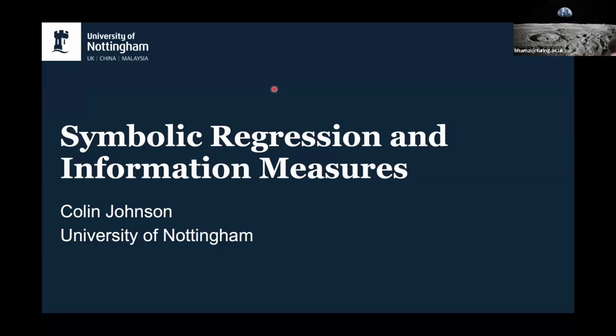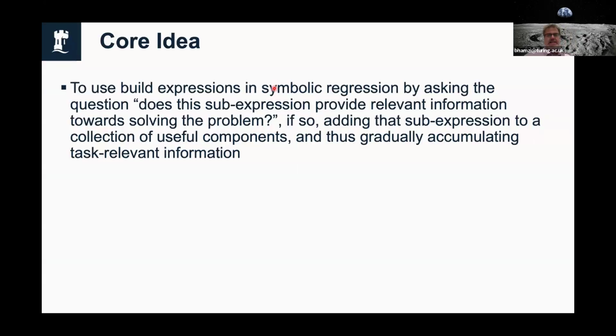Okay, so what I wanted to talk about today is something I've been messing around with in a rather empirical way for a while, and perhaps the next stage is adding a more theoretical foundation to this. And this starts from this idea of symbolic regression problems.